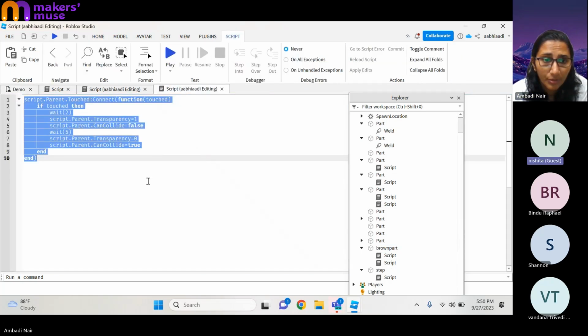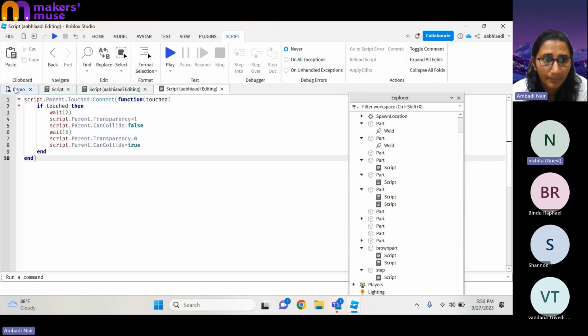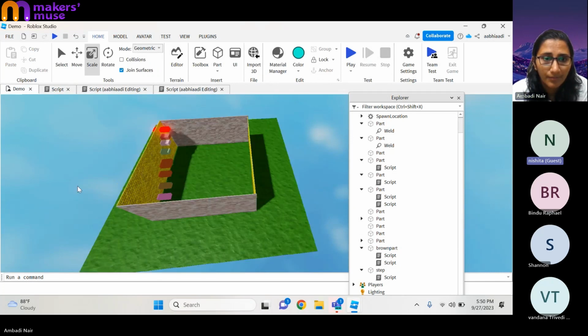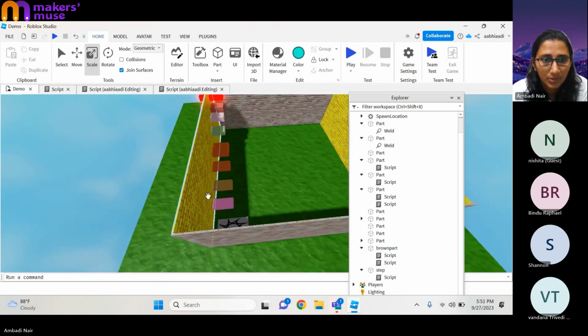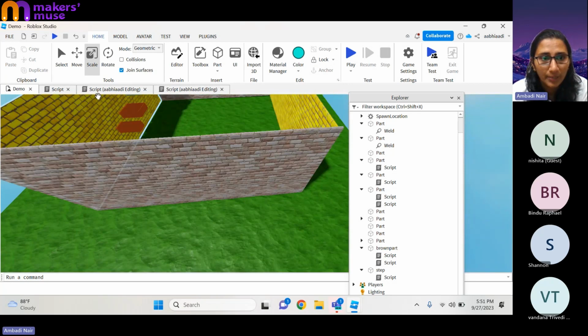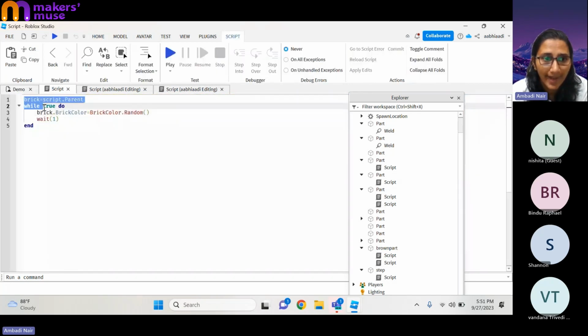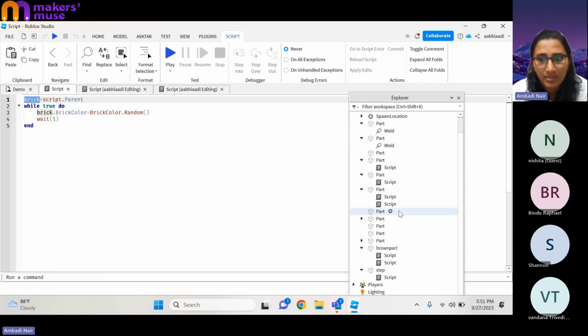I think that today you explain because I told you it's very difficult for us to know. So let us understand the script first. Okay, fine. So, two scripts we have already done. One is the random color script. Brick is just a variable there. And whenever we say script.parent, which means in the Explorer, if you check who is the parent of the script,